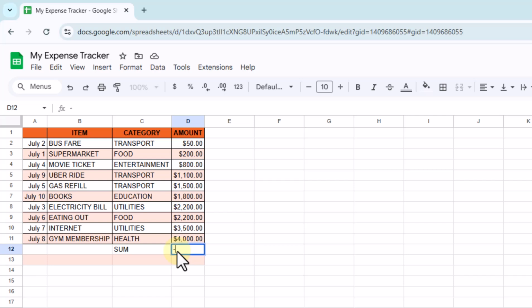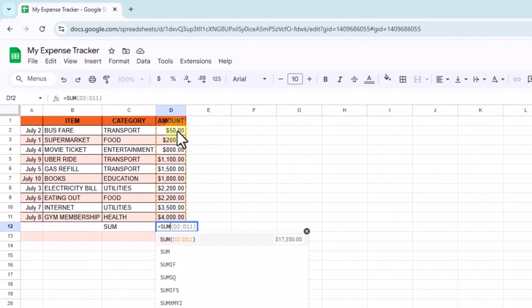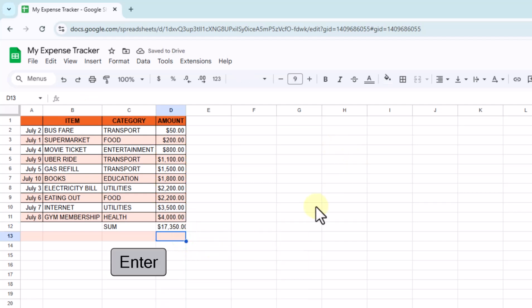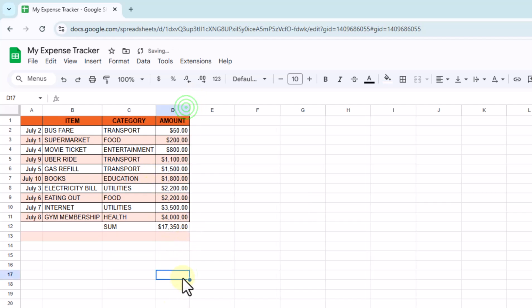Now it's equals sum, then the very first cell with our amount is D2, and the last cell with our amount is D11 as highlighted here. So just select that, then hit enter, and there you go. So let me just double click that, and you can see the total amount we have